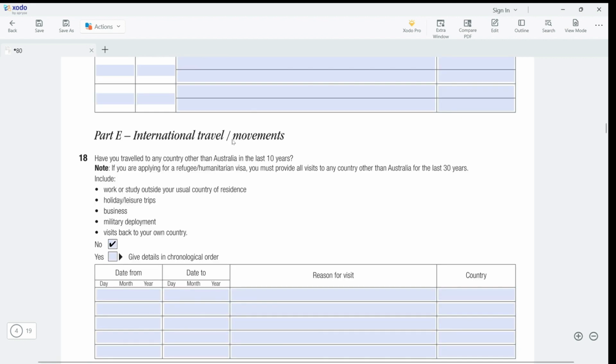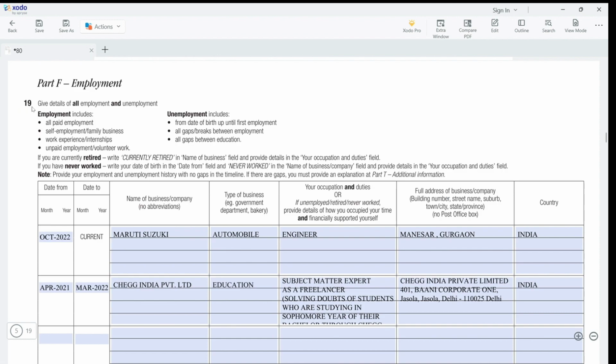International travel movements: if you have traveled to any other country within 10 years, you have to say yes here, or else tick no if you haven't traveled anywhere for work, holiday, business, military deployment, or maybe to visit back to your own country. You have to give your employment details: